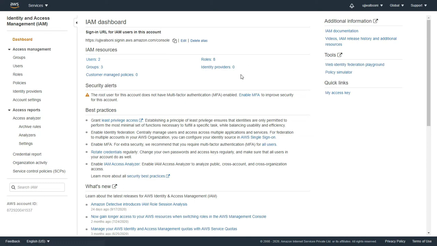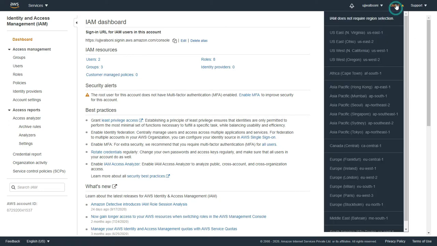It shows the count over here so you can get an overview of what you have created. Since IAM is a global service, you won't be able to select any region over here. It will show a message that IAM does not require any region selection.